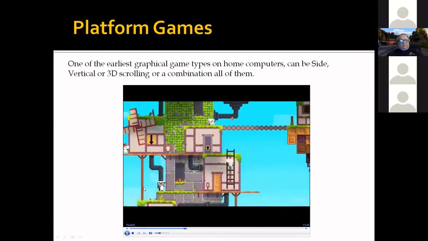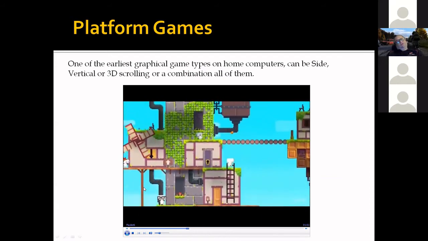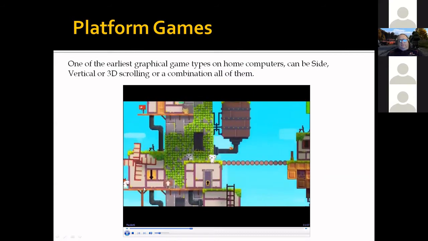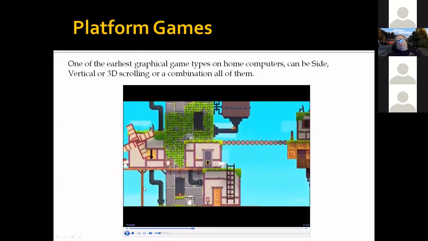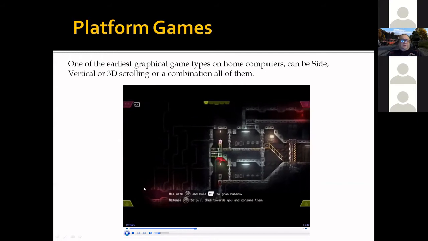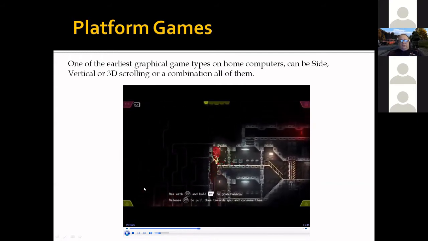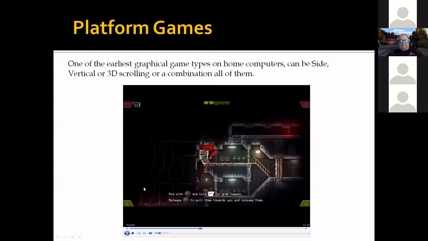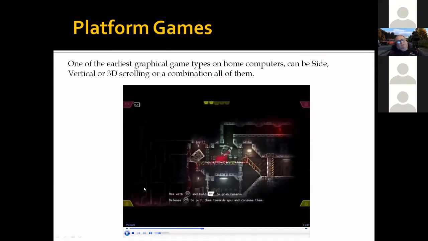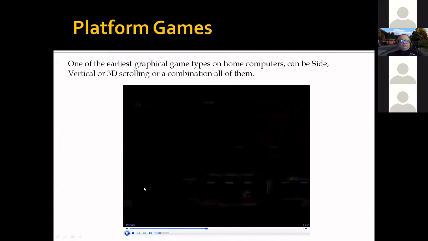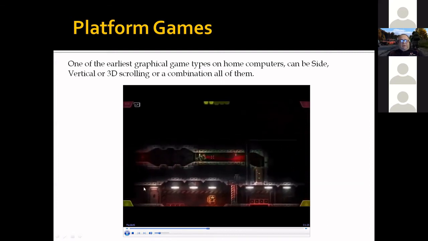Usually in platform games, you have to try to avoid certain things on the map, things that may kill you, or if you fall a long distance, you may have to start again, or your character may die. They can be cutesy like that, or in this particular case, you play the part of a deadly alien. The basic idea of the game is still the same. It may graphically look different, but again, as you can still see, you're still just moving around platforms on a map,